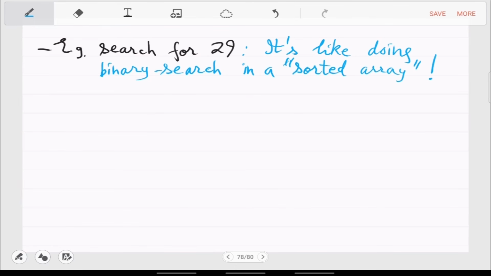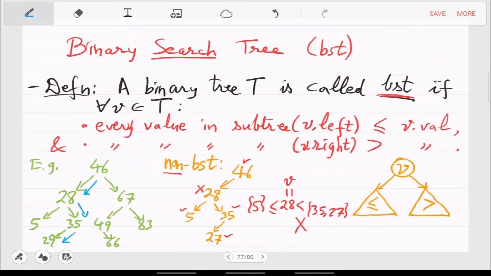So although there is no sorted array, just by the BST property, this random data structure also behaves as a sorted array. Okay, it guides you which direction to go. Okay, and the property it satisfies is of course that if 29 is present in the data in this BST, it will be found. If the pseudocode doesn't find it, yeah, then it's impossible. So then 29 is not there in the BST, right? So that's the guarantee that it gives you.